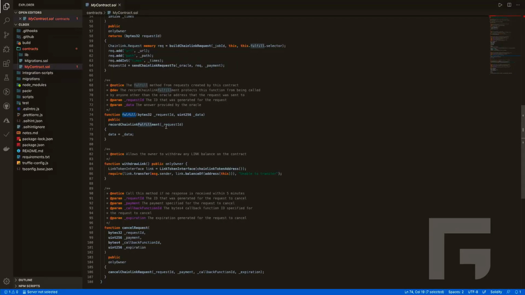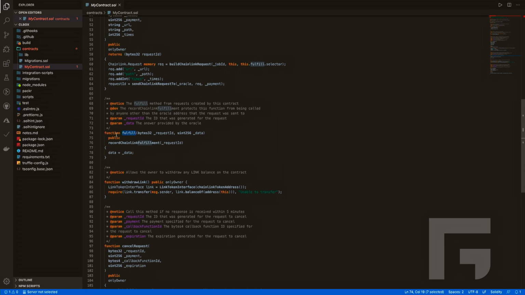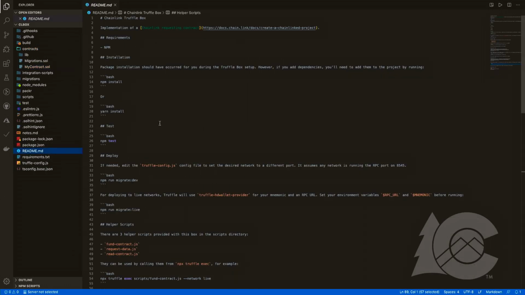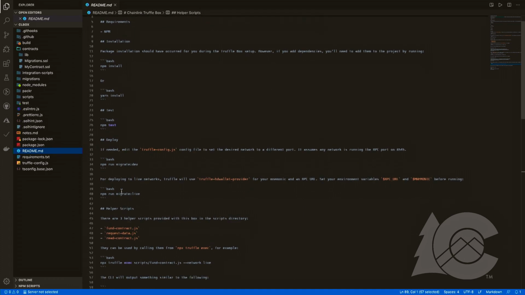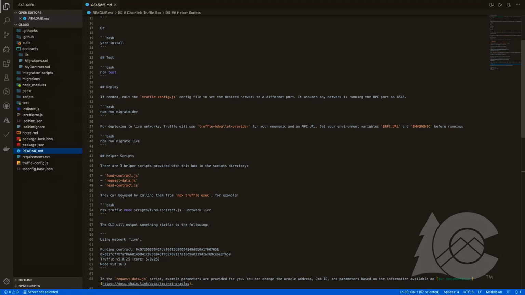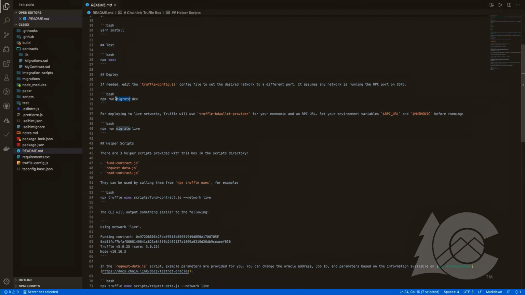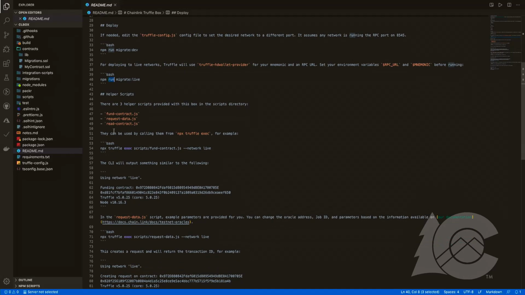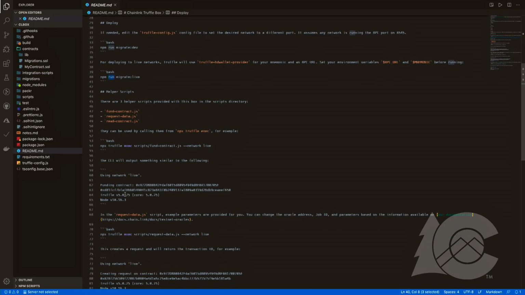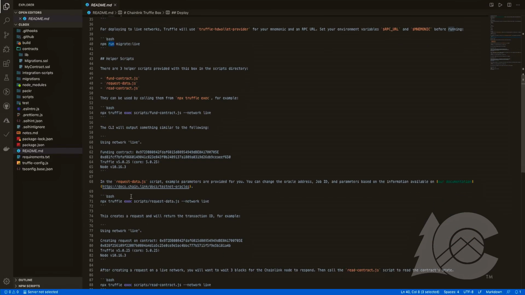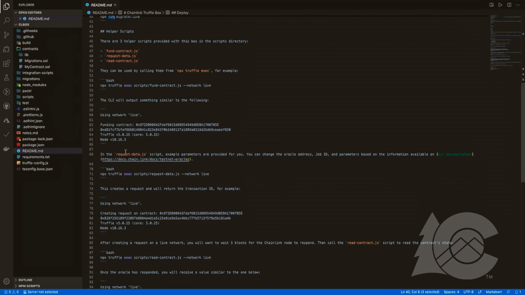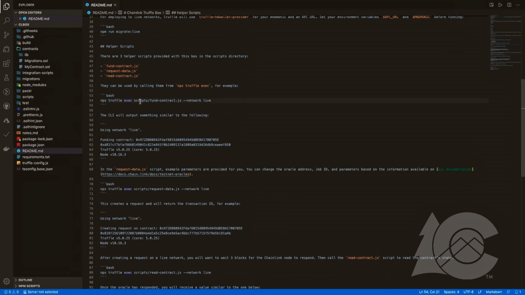Now, I want to go over this presentation a bit quick because that's very basic, right? And we've already put some scripts in to automate everything. So if you go to the README, whenever you start hacking using Chainlink today or tomorrow, you're going to have all the instructions there on how to get started, right? You're going to be able to first run these two scripts, which I won't be running here for simplicity. It takes too much time right now with the network. And we are going to just run these simple scripts.